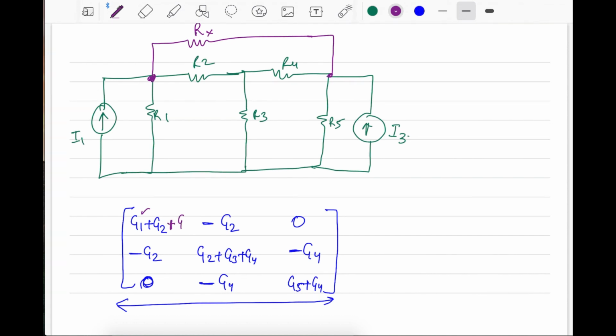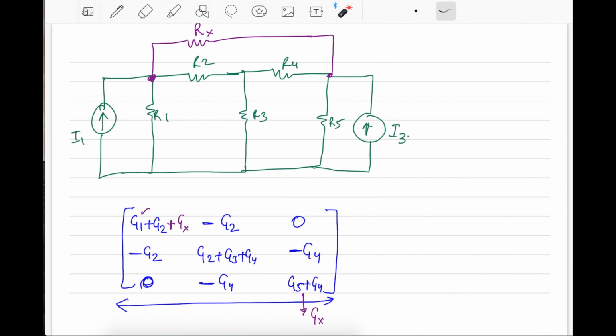Right. So it will change this. It will add on one side, which is also C1 plus C2 plus Rx. It will add here also, on the 3 side also. Once you have this Rx, everybody will agree that it will add up here, and it will add up here also, right? Because these diagonal elements will be summed up for these nodes, and then there will be one more location where it will be added.